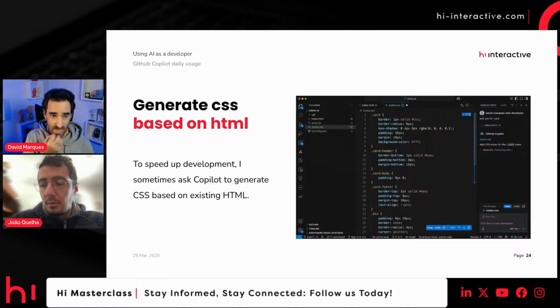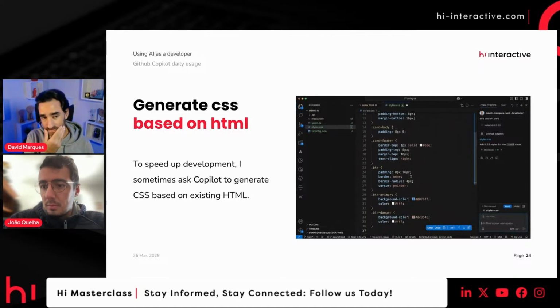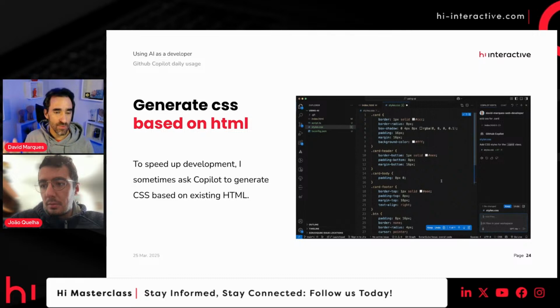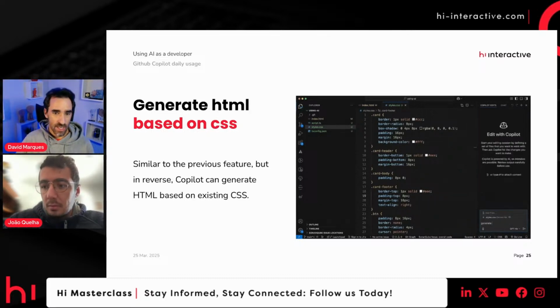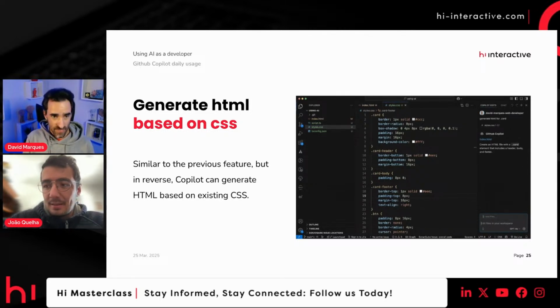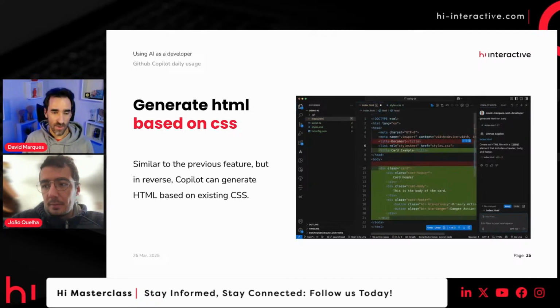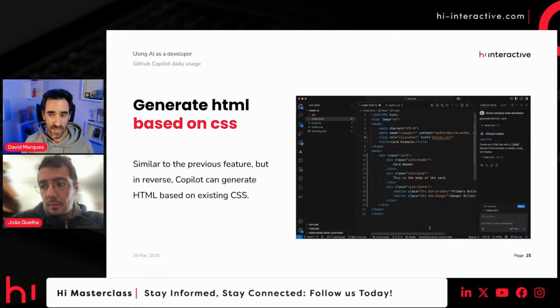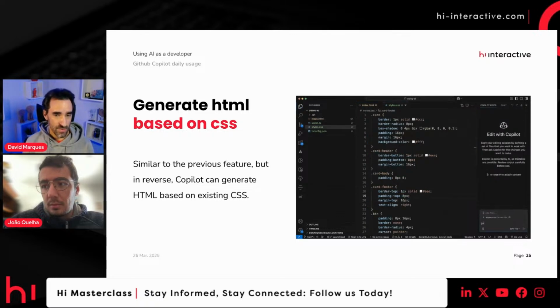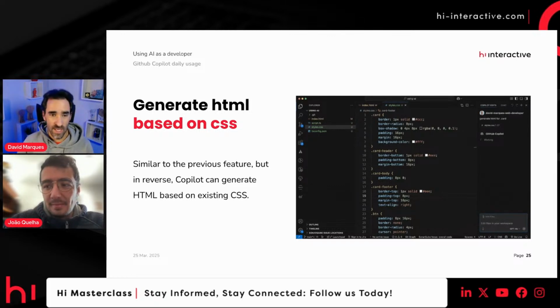It's something that we are working on at High Interactive to help us with design systems. And also, if you have the CSS, you can ask ChatGPT to generate the HTML. Keep in mind, if you have a good pattern, good CSS naming conventions and good HTML naming conventions, the AI, Copilot, can generate the code for you. Sometimes you need adjustments, it will generate only 80% of what I need. That's 80% of your work, and it can be done in seconds.